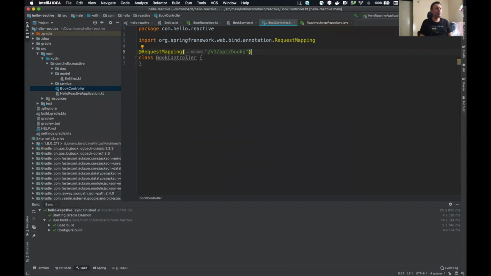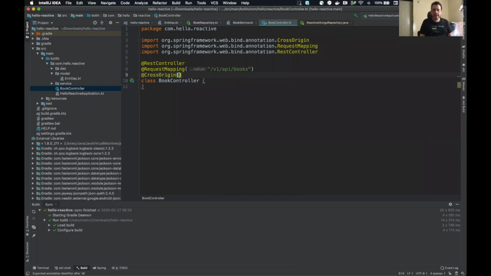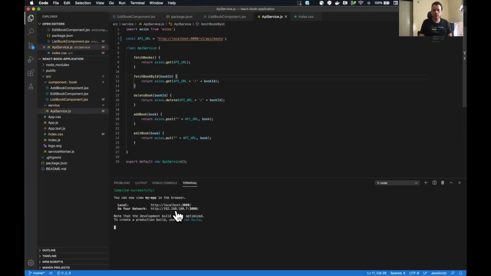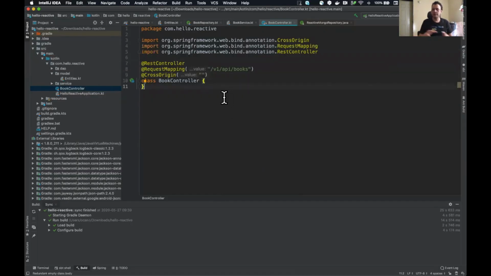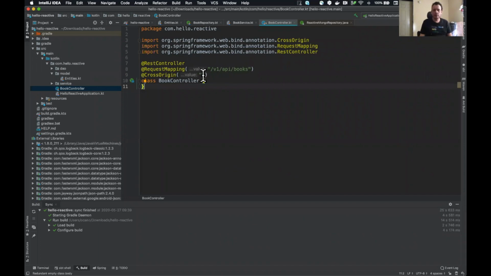Another thing that we also need to add, obviously at the top, is a RestController in order to expose the endpoints. And another thing that we need to add, and also will be used for demo purposes, is a CrossOrigin annotation that will resolve the cross-origin issue that we could have because we are running a front-end application on another port inside localhost. Spring by default does not recognize this host because it's outside of Spring, and we need to indicate that we recognize that application as safe. This is a security topic, and also a security feature inside of Spring. So we are recognizing localhost in this case,